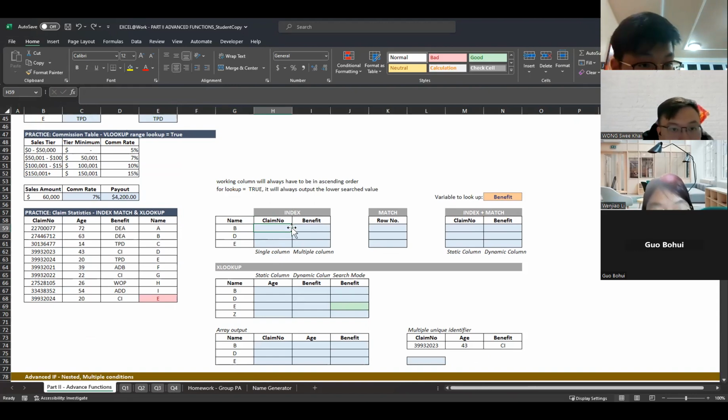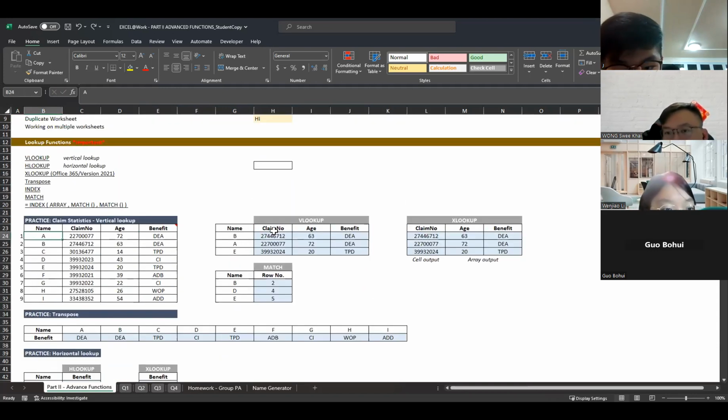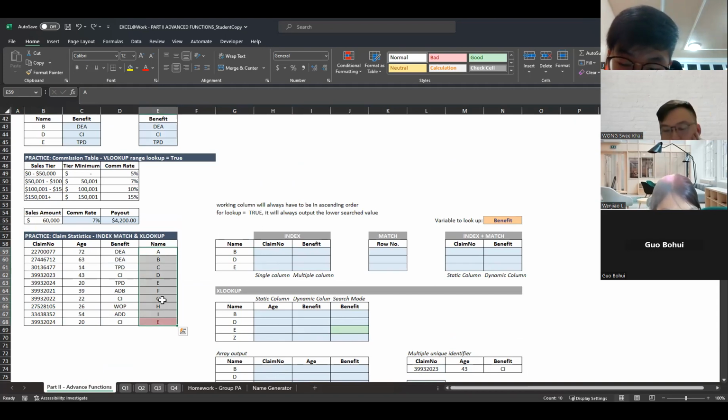Sometimes it works, sometimes it doesn't, because maybe the column is in a different place. With VLOOKUP, remember that your lookup column will always have to be on the leftmost side. Then you can apply it. If not, you can't apply it. If my column were here, I can't apply VLOOKUP anymore because it's not on the left side.